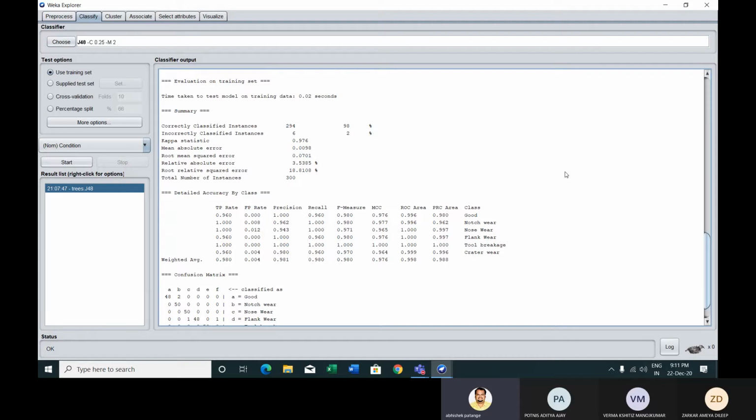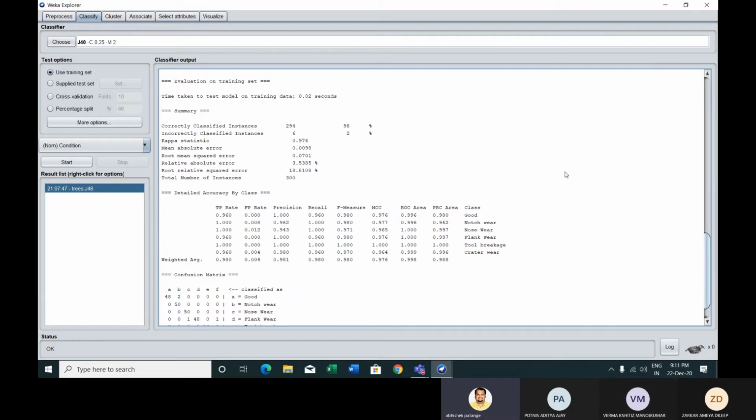That is why here we are getting less accuracy, that is 98%. Ideally it should be 100%. So if we change the order of the classes, then the accuracy might increase. Yes. That is why your training data set must give classification accuracy of 100%.